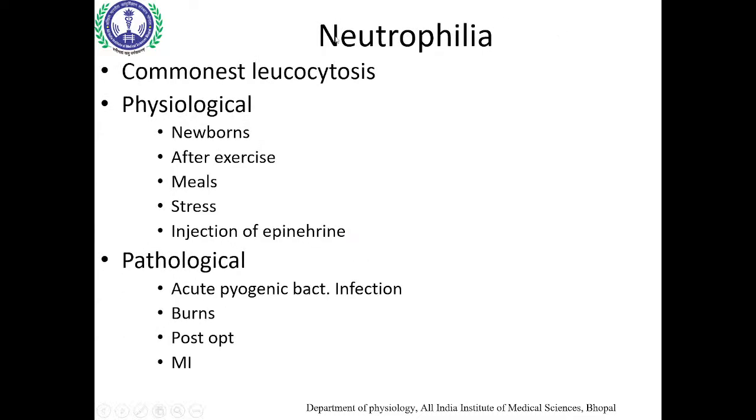Now there are certain causes in which neutrophilia occurs. Initially we talked about leukocytosis and leukopenia. This was in toto. Now we are talking specifically about neutrophils, an increase in the number of neutrophils, and it is known as neutrophilia. These are the different causes, physiological as well as pathological. You should know at least 2 to 3 causes of each. Neutrophilia means an increase in the cells, and there can be different types of cells, and reduction in those different types of cells.